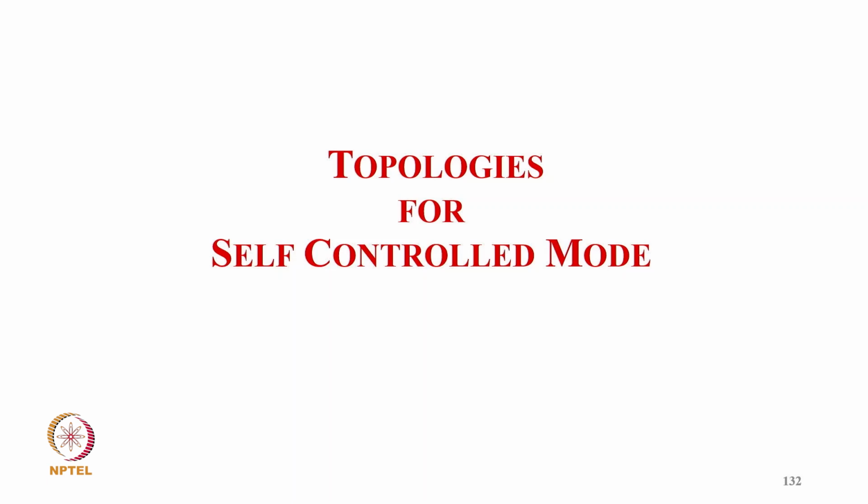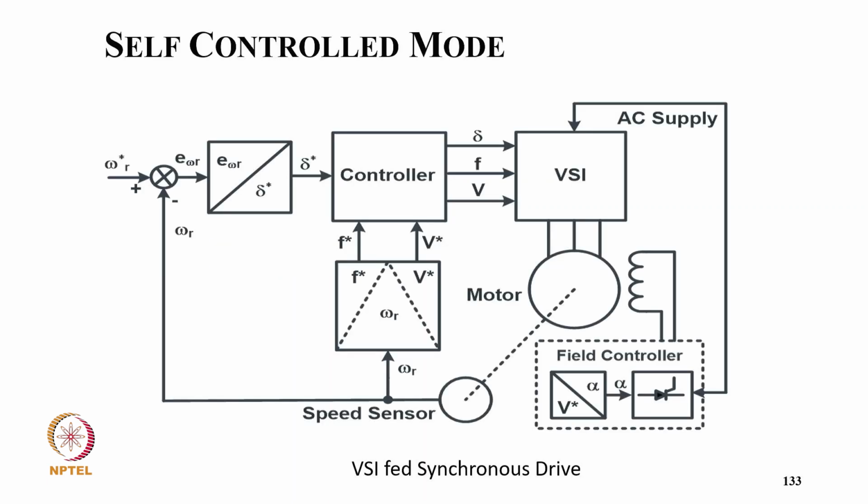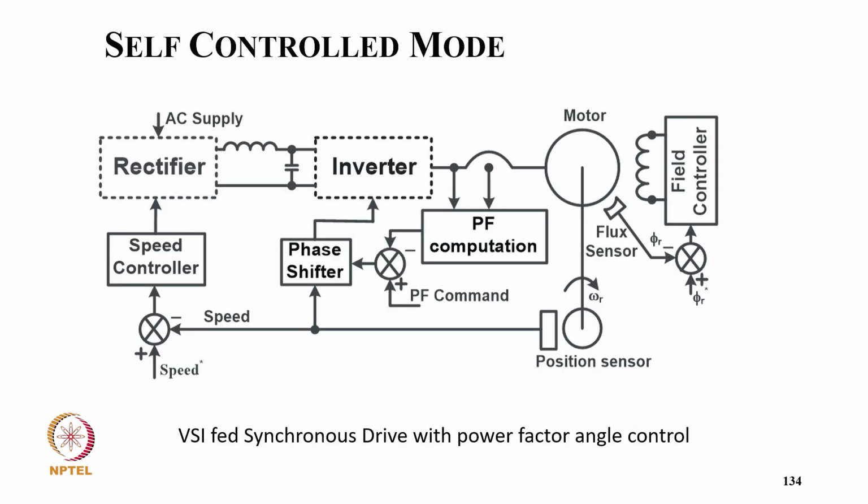Now coming to the topology for self-control mode. Here we have a typical speed sensor and a feedback, and from the error we get the power angle, then from speed we get the frequency and voltage. With these we go for VSI control, and of course we control the thyristor converter for field current control. So with the perfect control, we have a speed and feedback speed, then the speed control rectifier, how to feed the rectifier, then we have a phase shifter with the speed, so we get to the inverter, and of course we have a power factor computation, so the perfect command is shifted with the inverter control. Of course we have flux sensing as well as position sensing here,